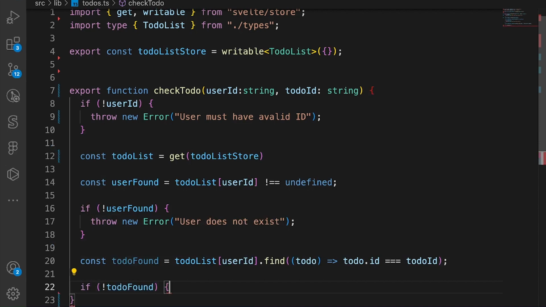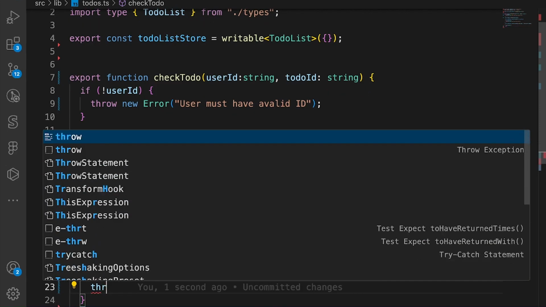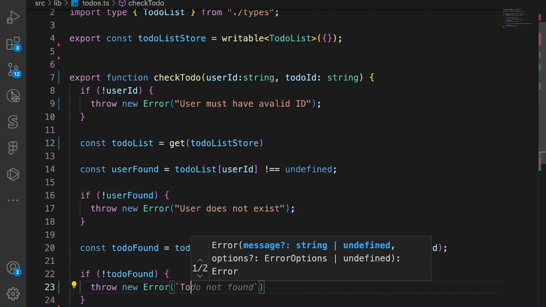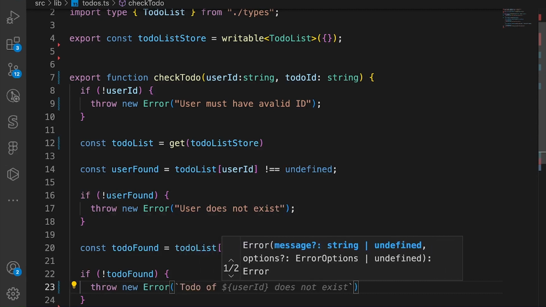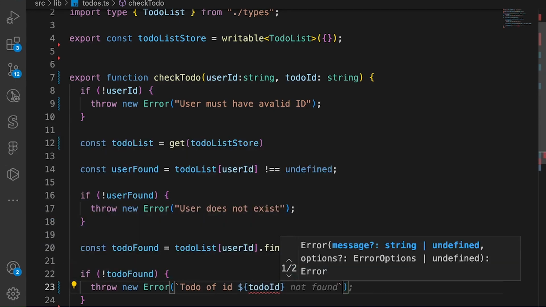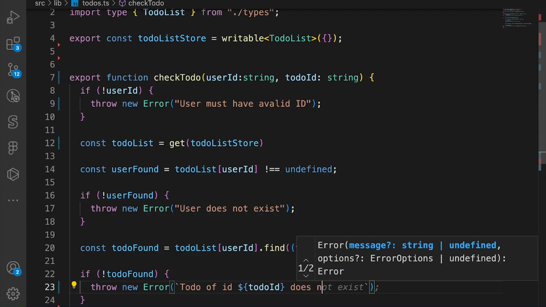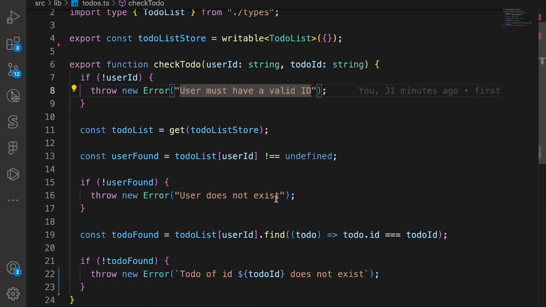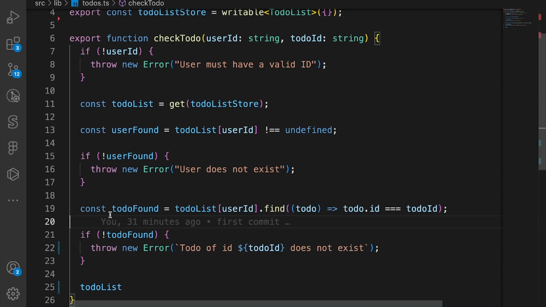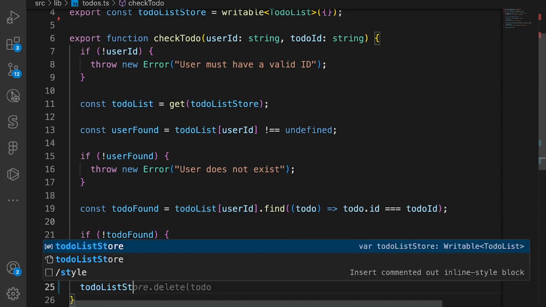And if there was no todo found, we throw a new error. We say that todo of ID todoId does not exist. Now let's make sure to fix this typo on the first line. And if we validated that the todo exists and that the user exists, we say todoListStore.update